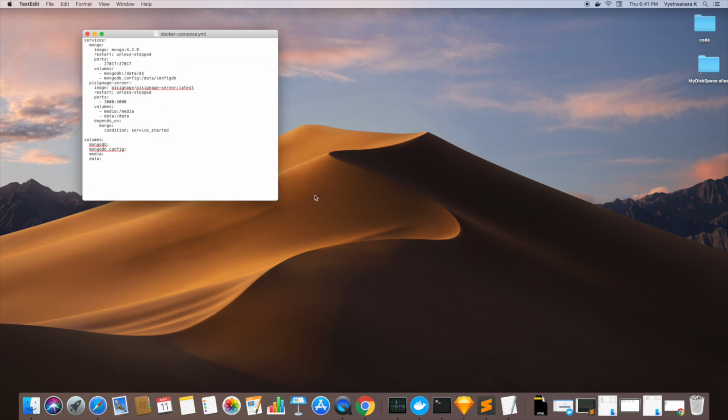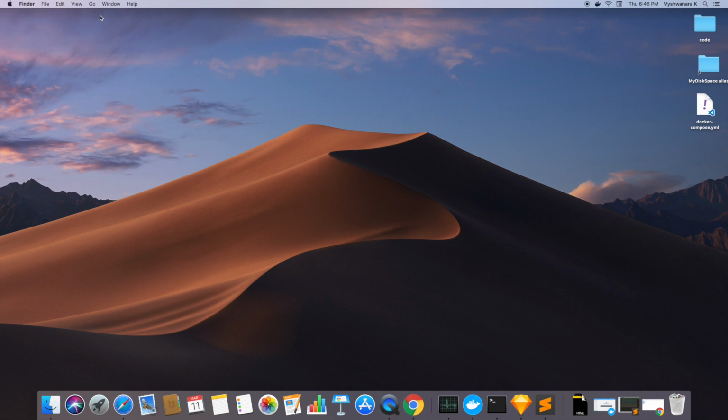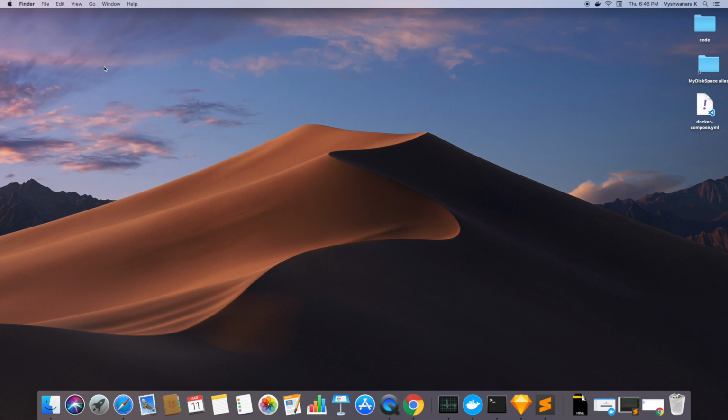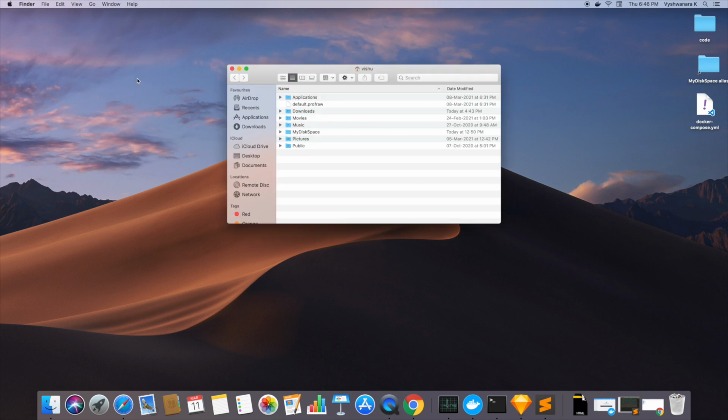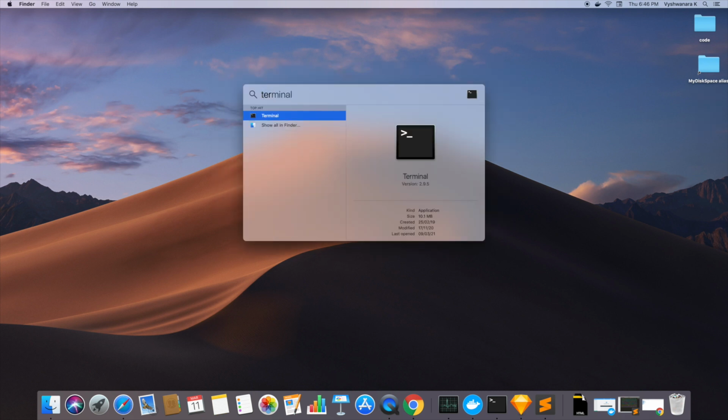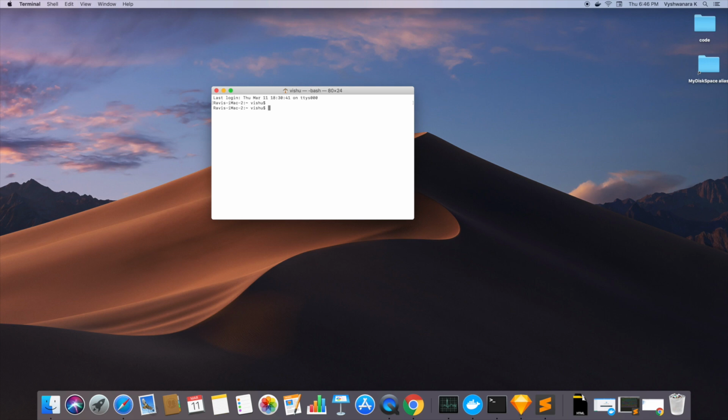Once the file is saved in required name and format, it is time to execute the file. Again, if you are comfortable with the command line, you can avoid the graphical user interface and use command line to create and save the file. Now I have moved this YML file from my desktop to my home folder for convenience. This is not at all necessary. You can save this YML file at any place and run the command in the terminal from that location. You can see the YML file is located here.